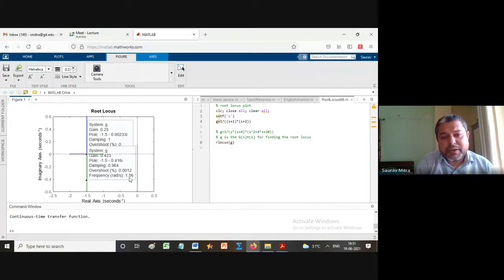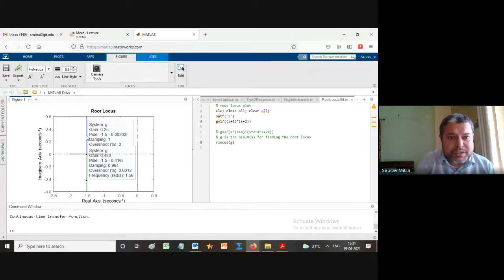ये देखो frequency बढ़ गया. Frequency is now 1.56. So exactly at breakaway point, you will be finding that system response increases like this and touches the one line. So this is step response I am talking about. So from pole position to step response, this is what you have to understand. So exactly at breakaway point, it is critically damped response. That means no overshoot, no oscillation.